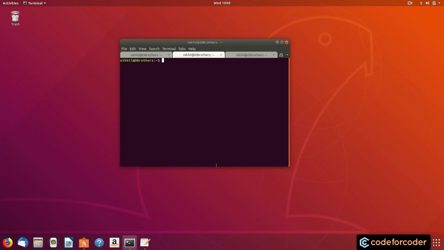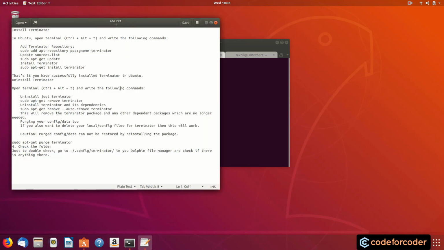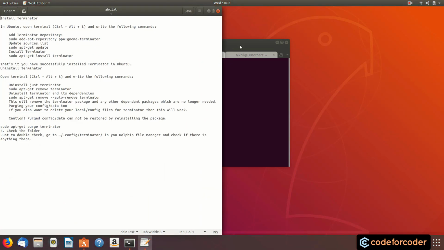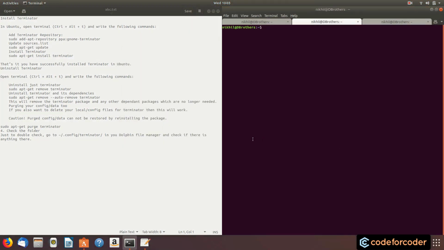So we need some kind of command, so I made that text file. I will leave the link for this file in the description box, or maybe I will leave that blog link for these commands. So first of all we need to run this sudo